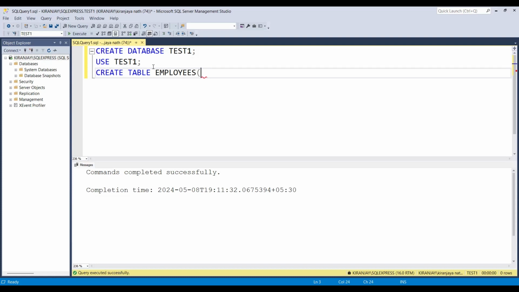For that, we have to mention column names such as ID. It will be integer. And remember that whenever you mention any column name, you have to mention the data type. It simply says that you are storing that particular data type in this particular column. And let's say first name, that will be varchar